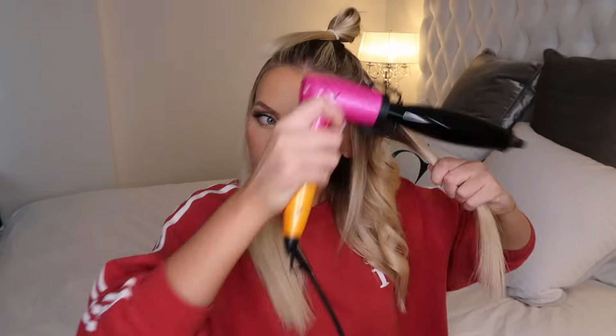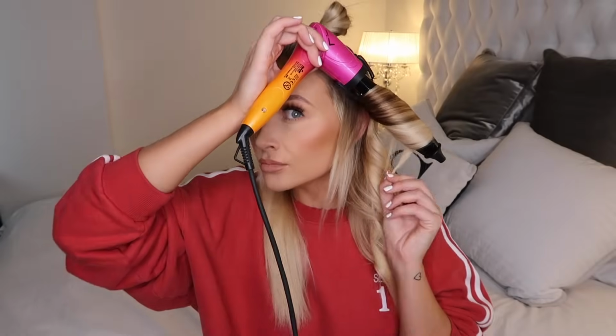If you want a real natural wavy look, then just take really big sections. As you get closer to the front, you can leave a little bit less of a tail, so it's about 1.5 inches now, because you want the front to be a little bit more of a wave. Then these bits, which are obviously my natural hair, I'm just going to push all the extensions